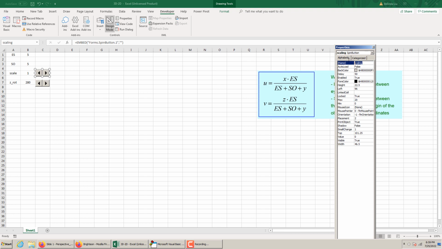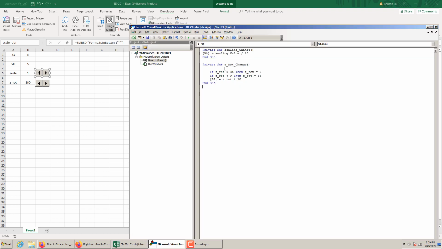Scaling. Just call this a different name. Maybe scaling is some sort of reserved word. So scale object, underscore obj. Okay, scale obj. Control C. So copy that name